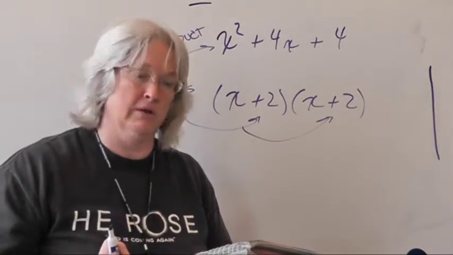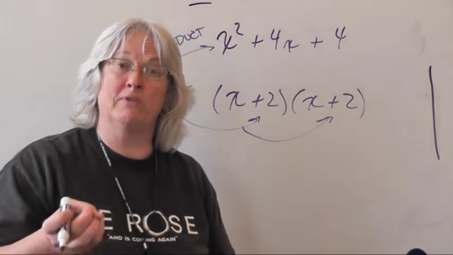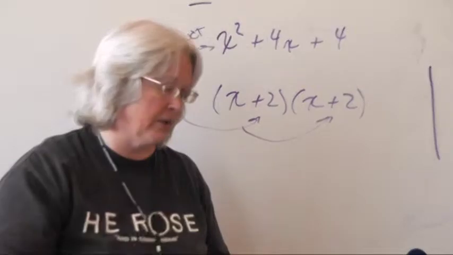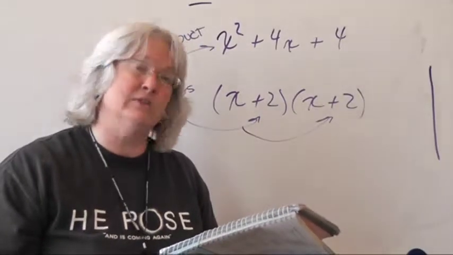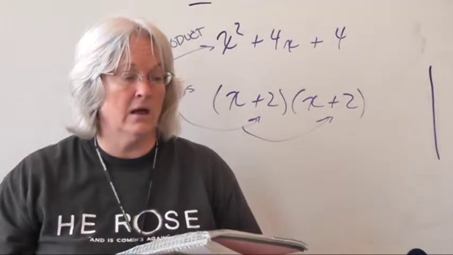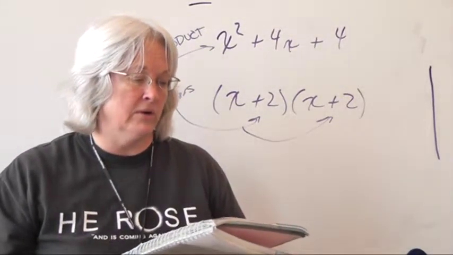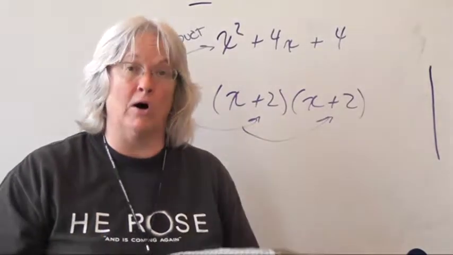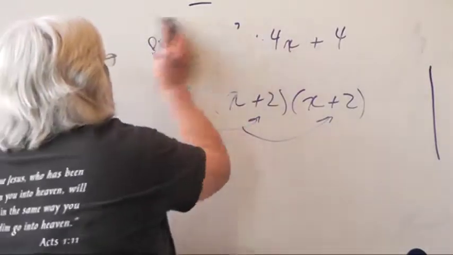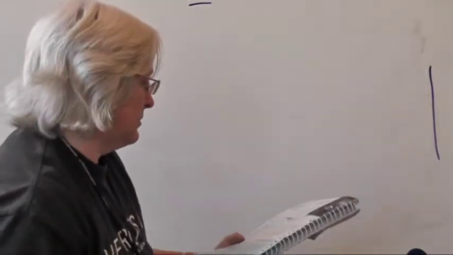So what we're going to learn in here is we're going to find a common monomial factor, and it's sort of like doing the distributive property in reverse. There's a definition in the middle of page 364 that says a common monomial factor is a monomial that is a factor of all of the terms in the polynomial. So, let's go ahead and look at example number 1,